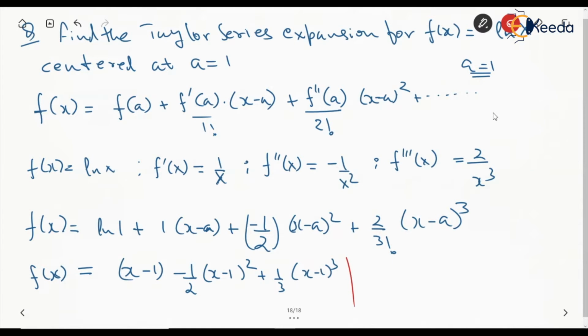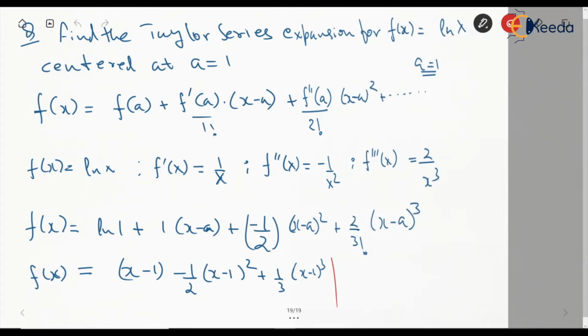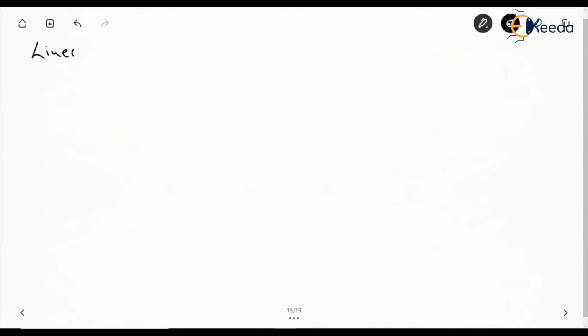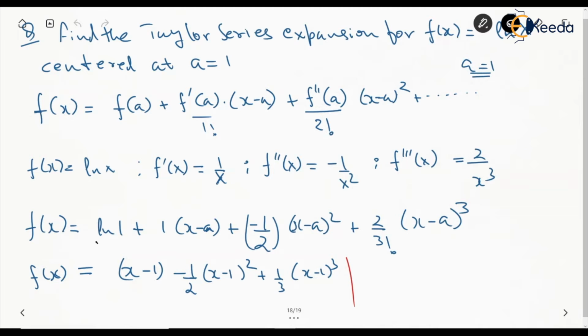Also sometimes they may ask, let's say, linear approximation. Linear approximation means that we will have to take terms up to first order, that constant part and the first order. So from the previous part we can say that we will take only these two terms, because after this is quadratic, this is cubic, and so on. So we'll stick to these two terms.